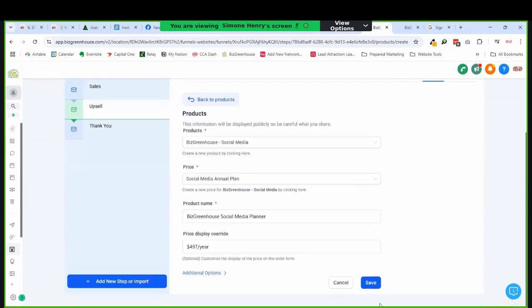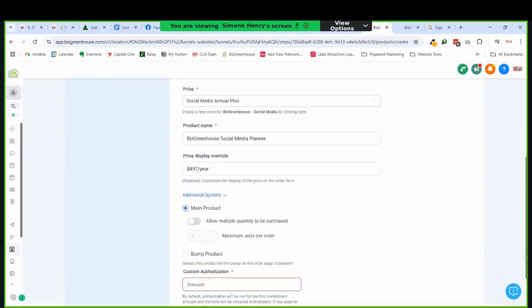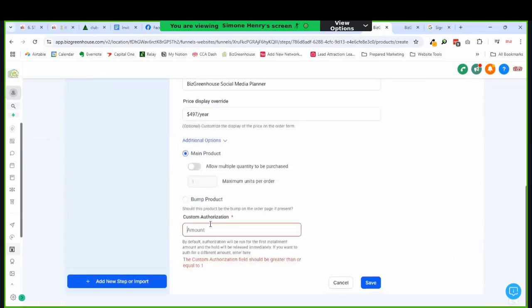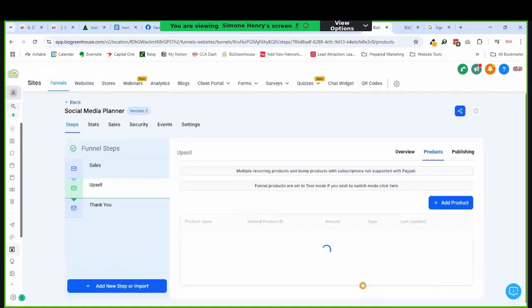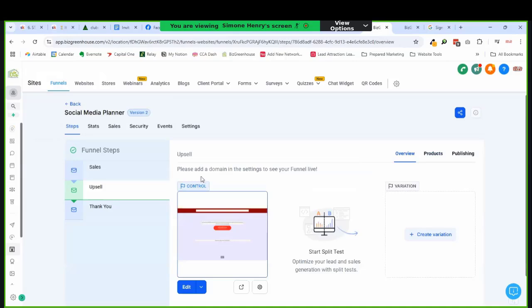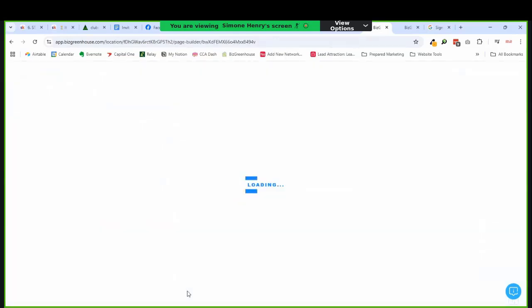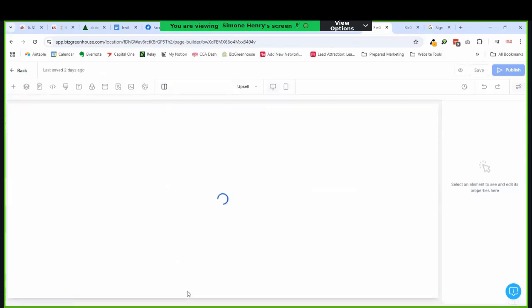What in the world? Right, because I opened that up, it's going to make me put in an authorization. I thought this was only for the bump product. At any rate, let's do a save. Okay. So it's $4.97 for that. So then when I go in and edit, that means